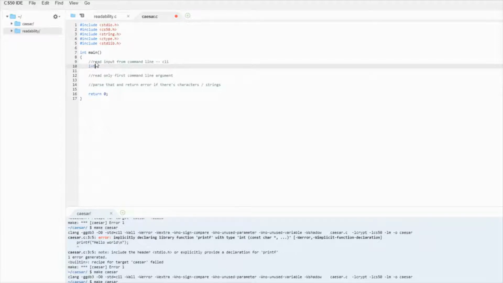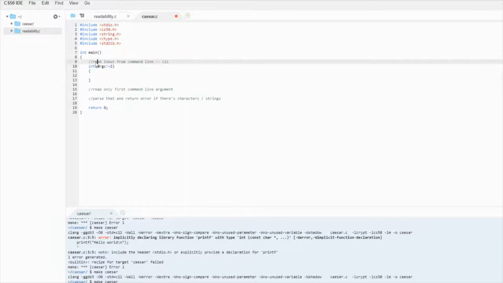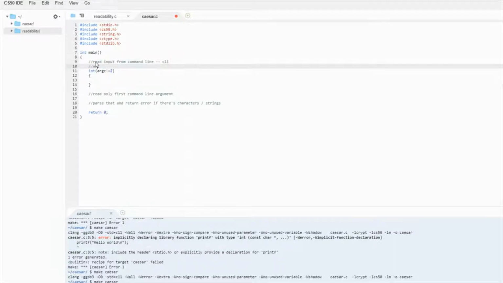But basically, we know they want to pass in something. We know argc, when they pass in, there's, hold on, let me go over this real quick. There's an argv and an argc. So the argc, actually shoot, I think that actually needs to go up here.